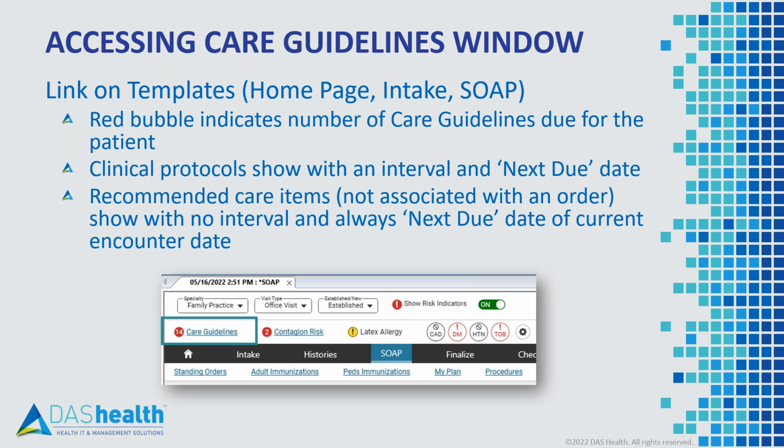We'll see our clinical protocols will show with an interval and our next due date. And then those recommended care items, those are the items not associated with an order. They won't show an interval because they're considered always due. So the next due date is just going to be the current encounter date. So again, those are just